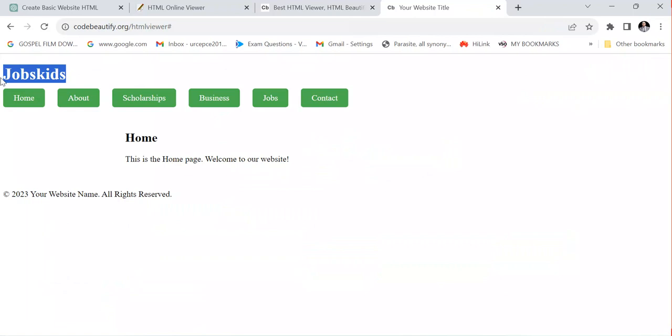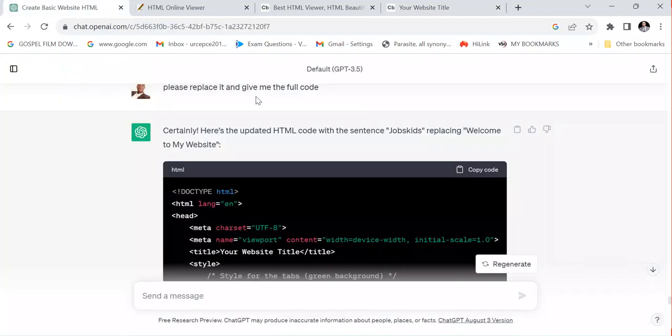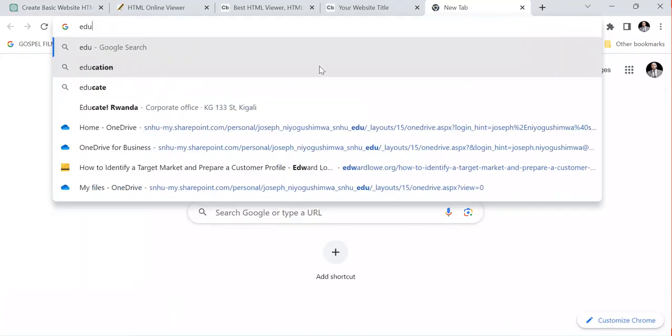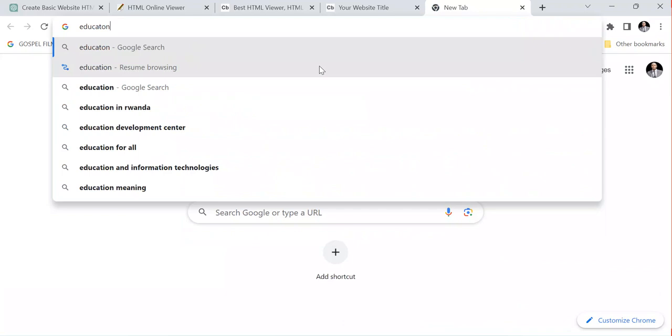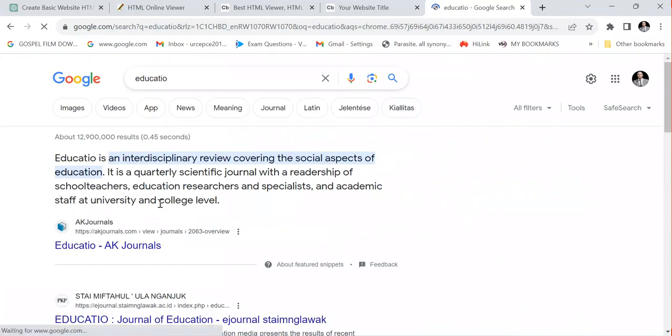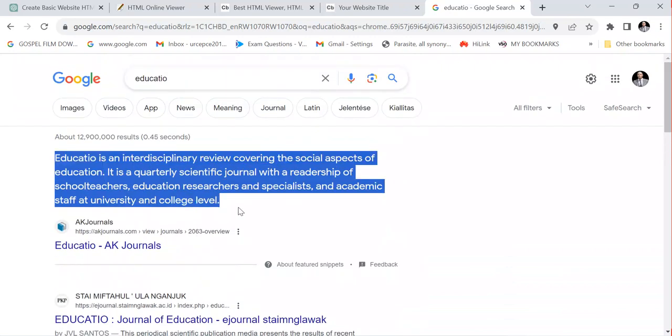So now let's go to the description side. I'm going to be adding a sample. It's a sample for educational purpose, not for our own content. Let me, for example, find the given content and ask ChatGPT to put the kind of information. What is education? So now let me put this sample. Now let me take this, for example, and add this description to ChatGPT. So this is an example. Add this as description to,